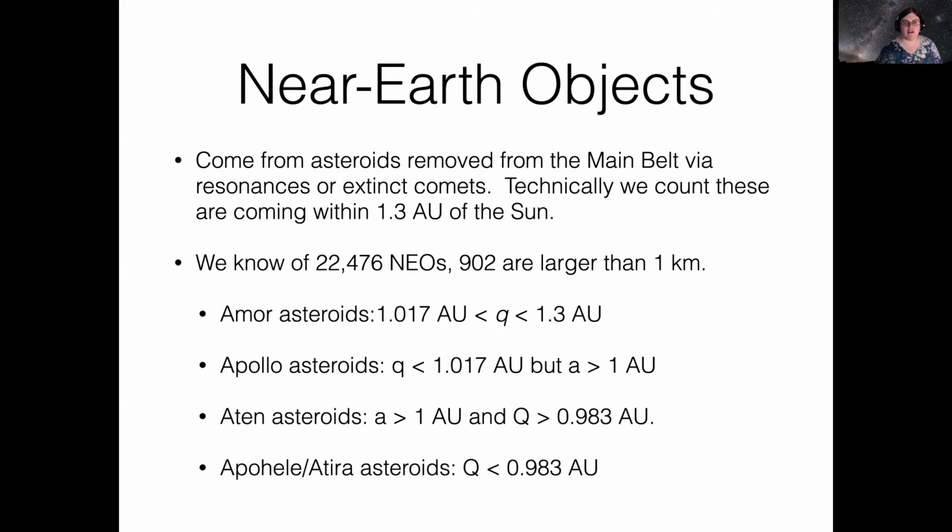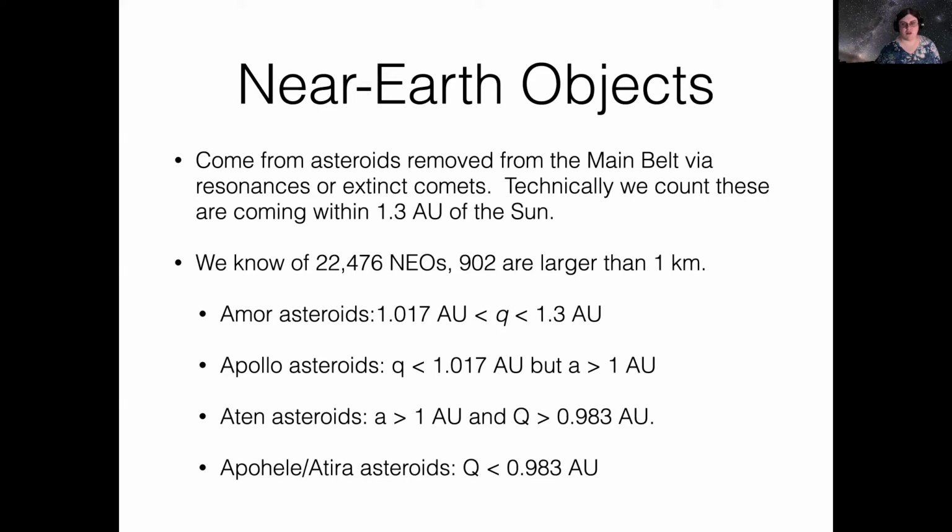Now, we know of about 22,000 near-Earth objects, and I had to update this slide because the slide said from 2 years ago we knew about 17,000 near-Earth objects. Now, the change from the large ones is much smaller. I added about a dozen objects over the last 2 years. And we also classify these by